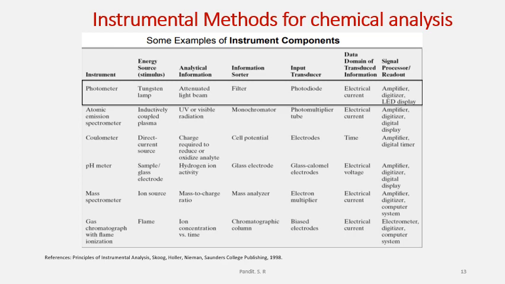So all these instruments have an energy source, they have information, they are passed through suitable selectors, then they are bombarded on the sample where different phenomena happen. From those phenomena, the output is passed through a transducer. It is transduced, then amplified and processed in such a way that it will be recorded or available in a suitable form to be interpreted by humans, giving the information of the sample.